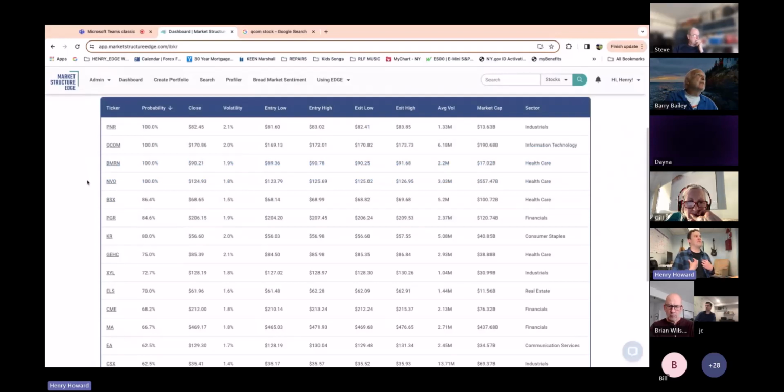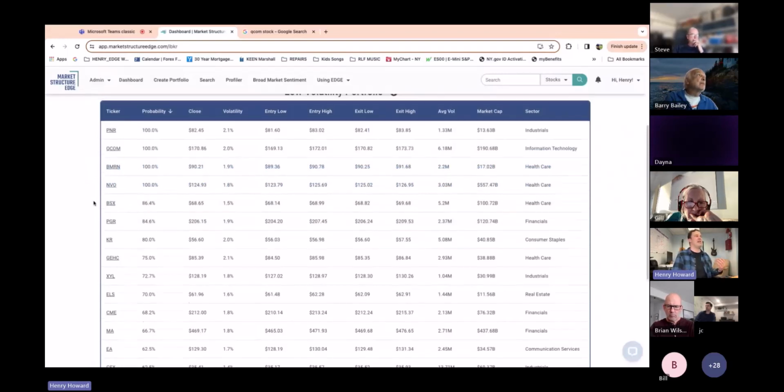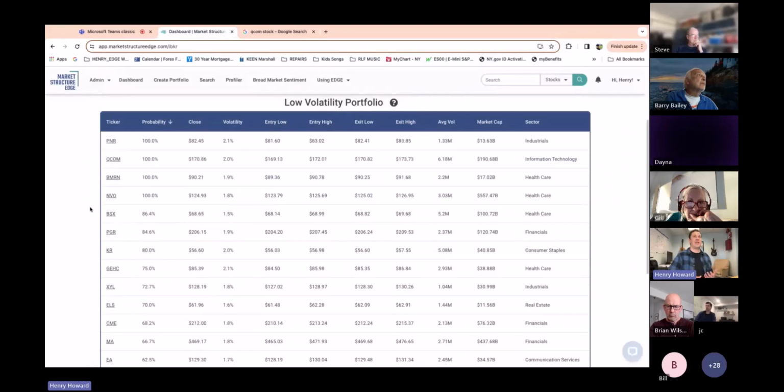What I'm looking for, if I want to be really aggressive, I may just put money into one of these names, and if it goes up, I have a gain off that. If it's like Qualcomm, don't nobody beat me with a ruler, but I actually like a name like Qualcomm. I almost said, hey, if you're already in that name, that's an opportunity to add to that at a better price. So these probabilities are really, really strong. Obviously, they're just probabilities. We always put the disclaimer. But the more you use Edge, the more comfortable you get with this data.